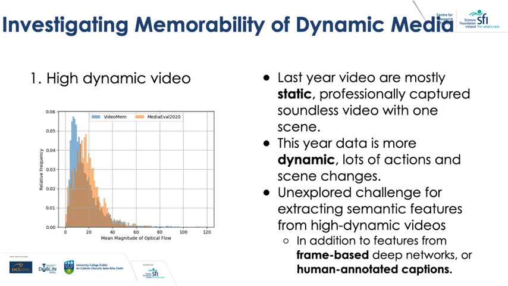The short videos used in the previous year's challenge were extracted from raw professional footage that is used, for example, in creating films and commercials. The majority of videos therefore contain only one scene and are mostly static. Conversely, the data for this year's challenge contain multiple scene changes in one video and thus are more dynamic, with more complex movement and activity, as can be seen from this graph that shows the difference in the mean optical flow distribution from the two datasets.